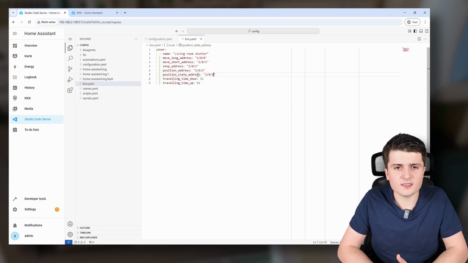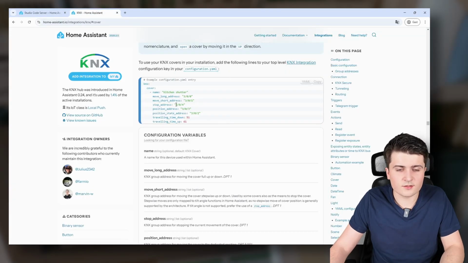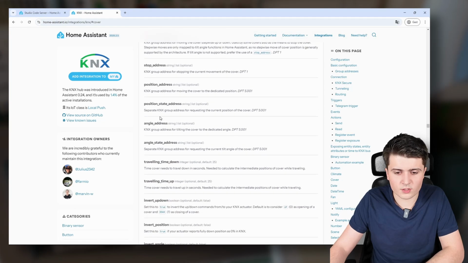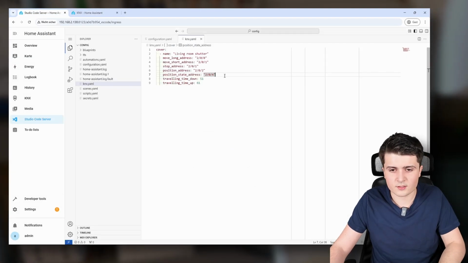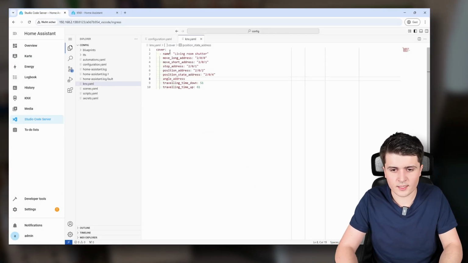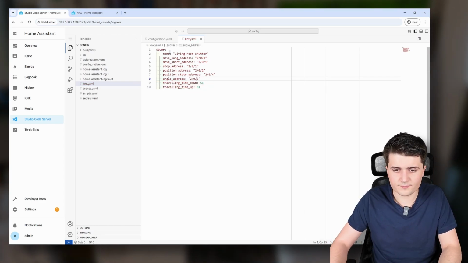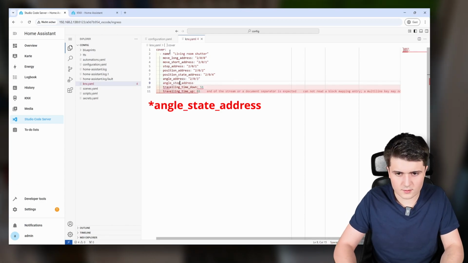But now one thing is missing. I don't really have the address for my lamellas. And that's because basically this isn't used here in this example. But if we scroll down a little bit further, we can see that there is a lot more configuration. And here we can see the angle address and angle state address that is used for the lamella position. So I'll simply copy it. So angle address. In my case, this was 203. And then we have the angle stop address being at